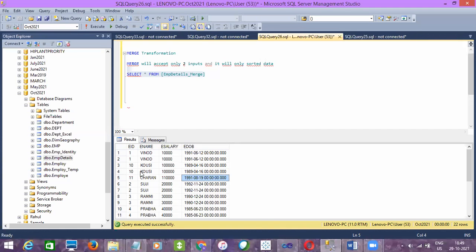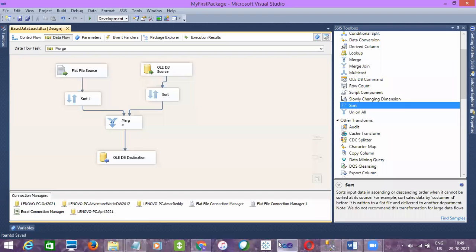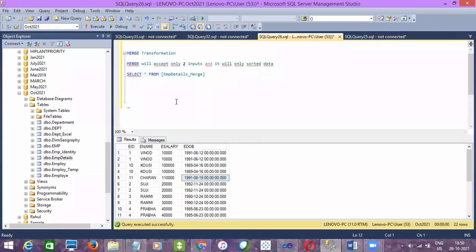So where did we sort it? We sort it here or here? We did not sort it here. For the source, from the source we started to merge. From merge we did not. So let's check that and then we'll see whether it will be eliminated or not.